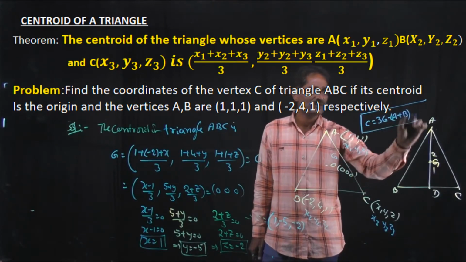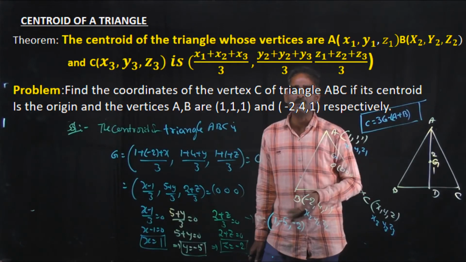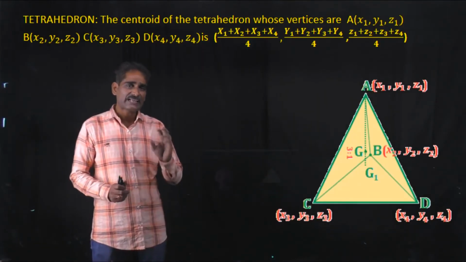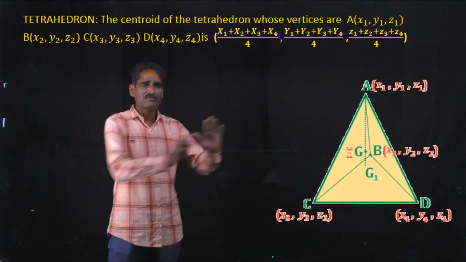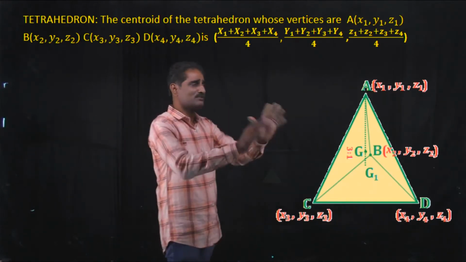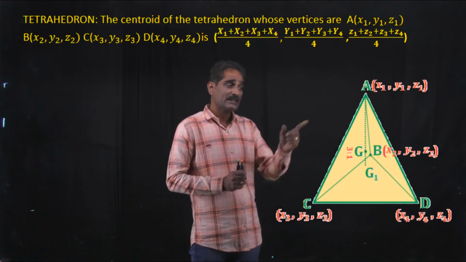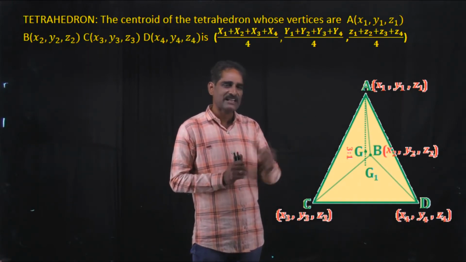With the help of this formula, we can solve this type of problem within seconds. See this concept, tetrahedron. First of all, before going to the meaning of that, just observe the figure. This is a three-dimensional figure. There are 4 triangular sheets, 4 triangles are there.